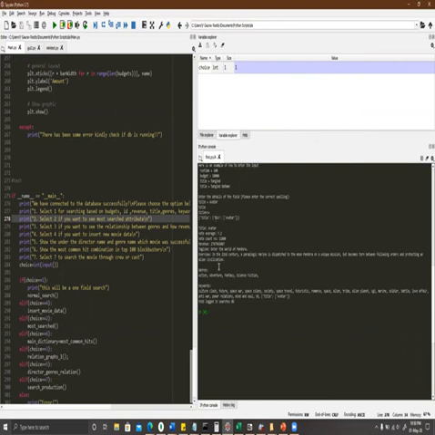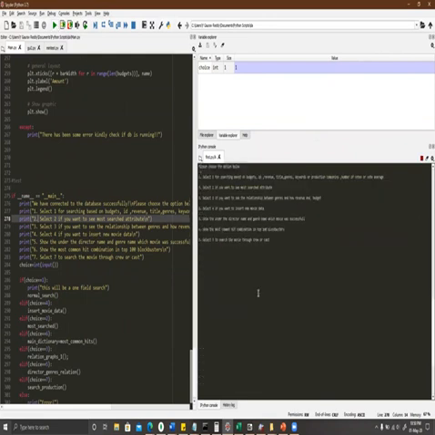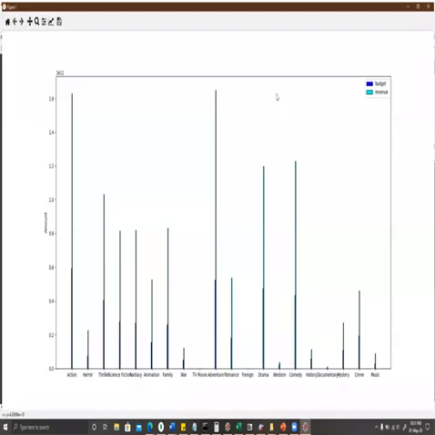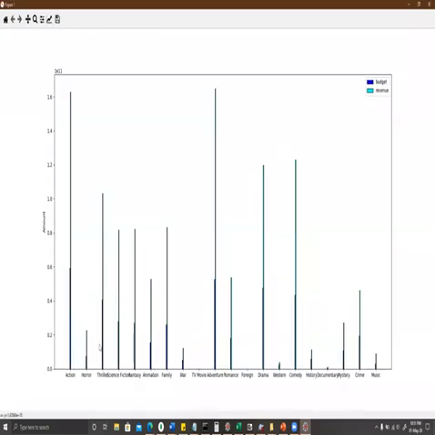For example, the genre, the keywords related to this, the overview of the movie, and things like that. Also, one more interesting thing is if you wanted to see the relationship in a graph between revenue and budget. Okay, the graph has come up. You can see that there are many genres. We plotted the revenue against the budget.